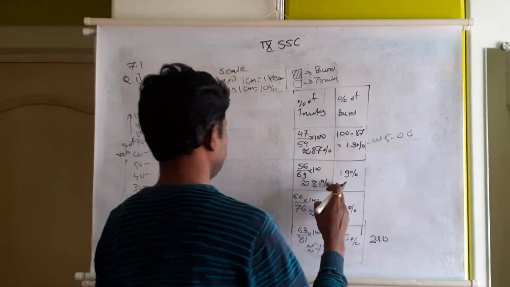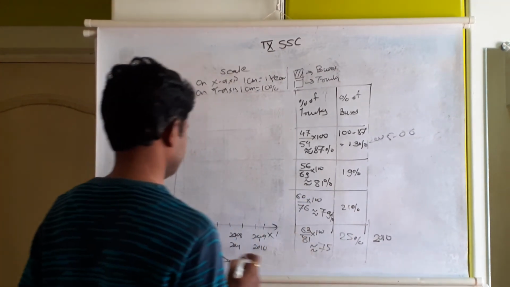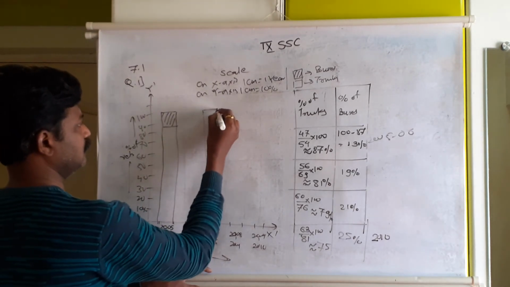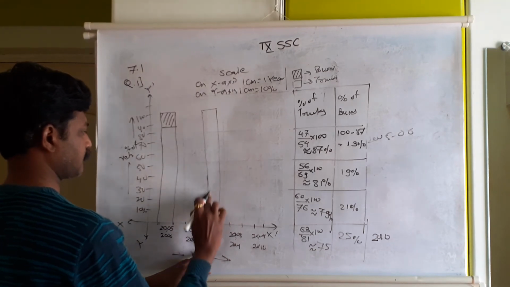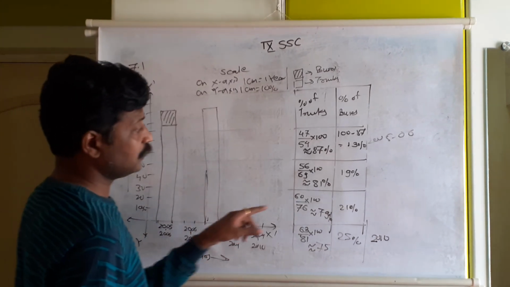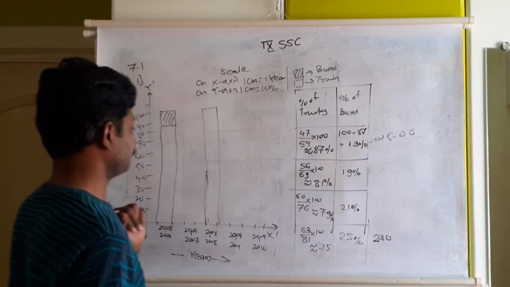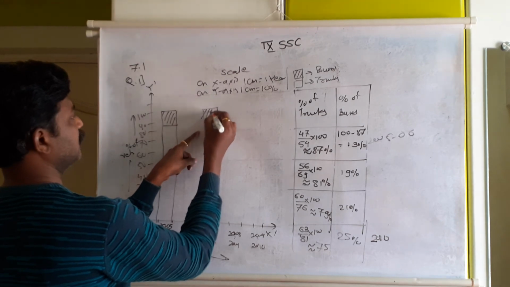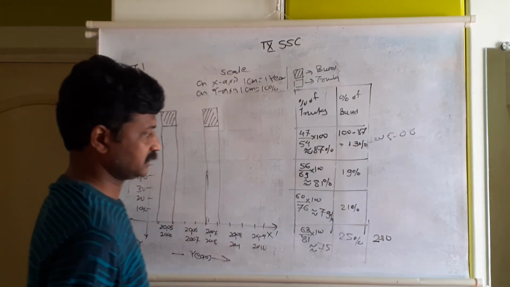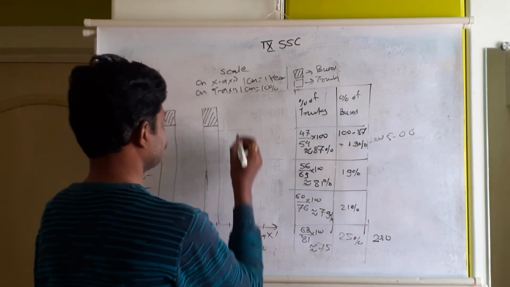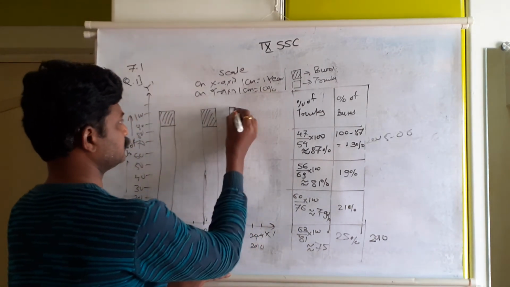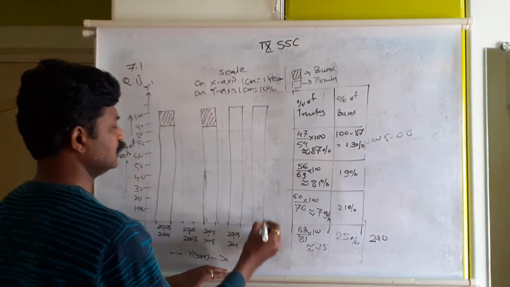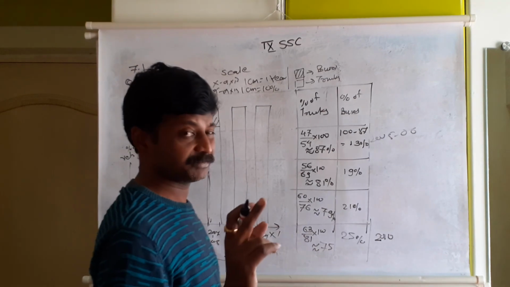The next year which was given to us is 2007-8, 81%. For 2007-8, first make a full bar because it is a percentage bar, so out of 100. Now out of 100%, 81% is for trucks. 81 means after 80 the first small line, and then the remaining will be for buses. Then next 2008-9, 100% is sure because it is a percentage bar graph. So we'll finish that first. For 2009 also 100%. You can observe here all the levels are the same because it is a percentage bar graph.